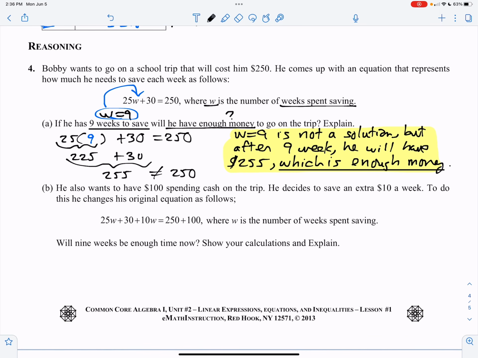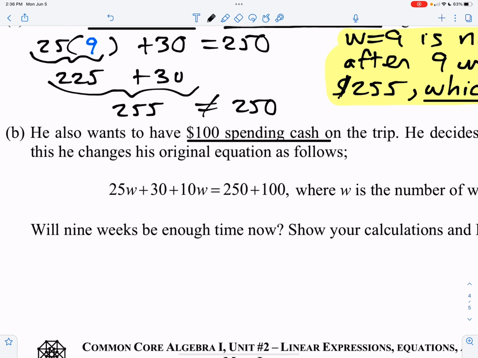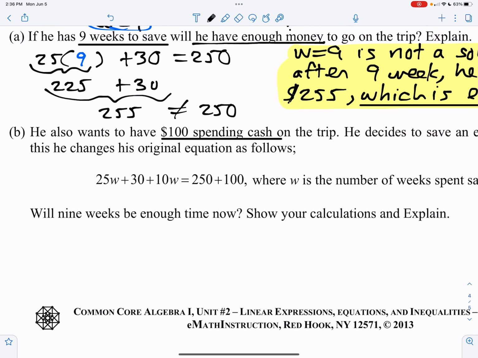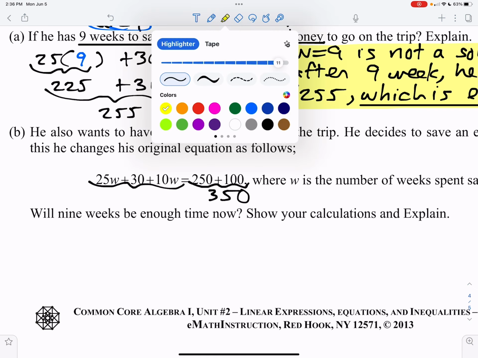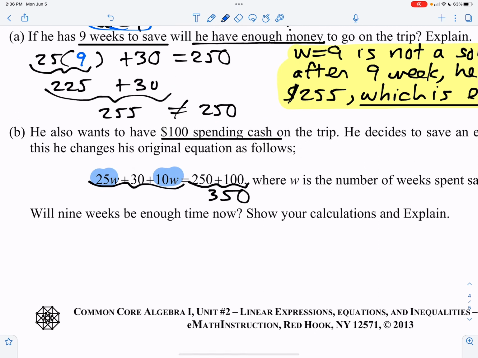Now, he also wants to have $100 spending cash on the trip. He decides to save an extra $10 each week. To this, he adds to his original equation a plus 10W and a plus $100. Okay, so what does our equation become now? Well, let's actually clean it up a bit. On this side, we have now 350. And on this side, you can actually add these two terms, 25 and 10, and we get 35W plus 30 equals